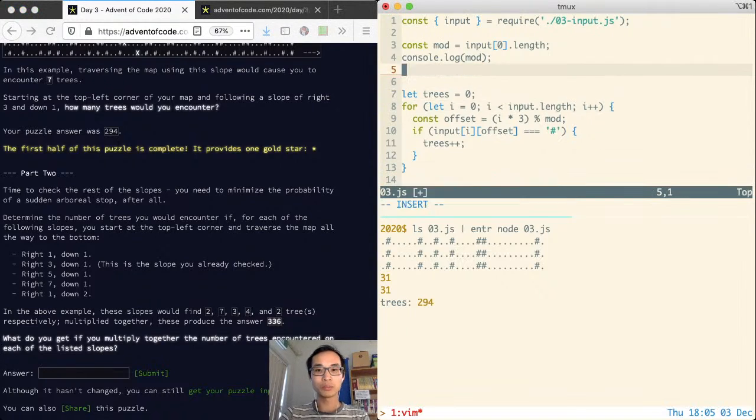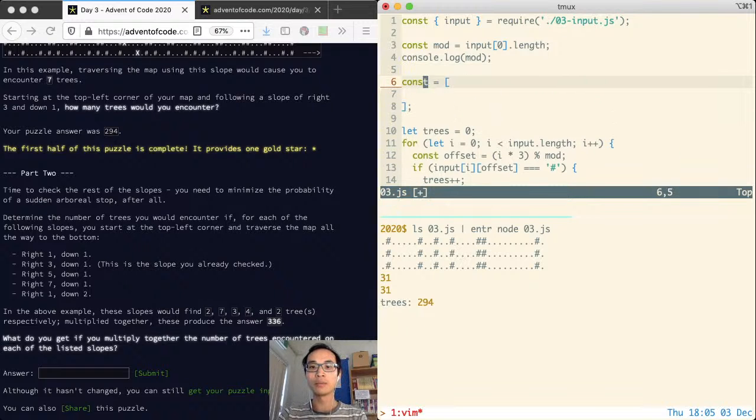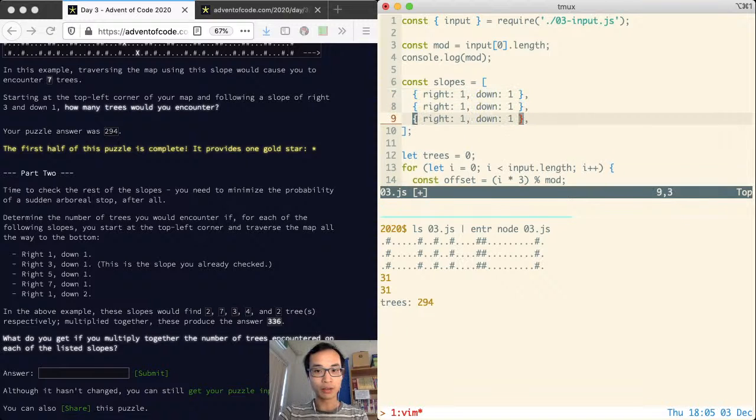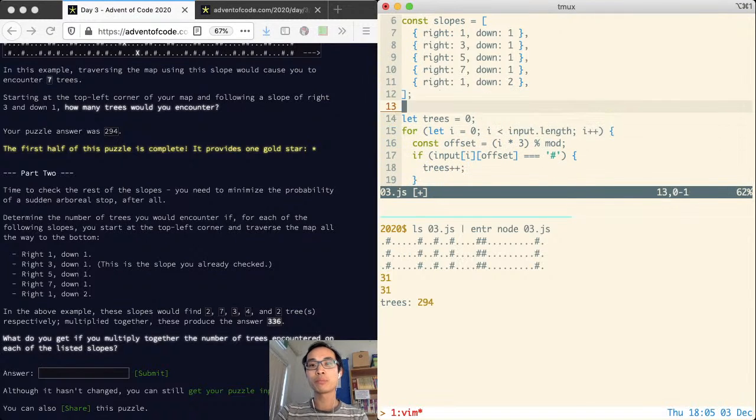So there are a couple ways to do this, but we'll do it like this. We'll const slopes equals, and we will check right is 1, down is 1, and so on, and we have all the patterns, right? We have 3 and 1, we have 5 and 1, 7 and 1, and we have 1 and 2. So now we have parameterized